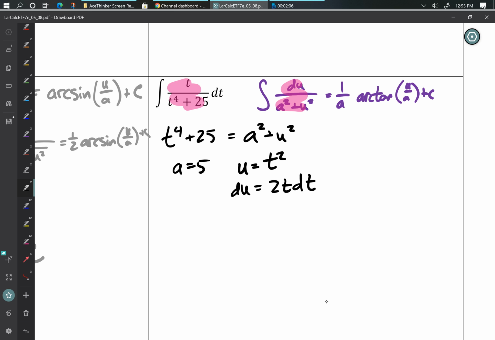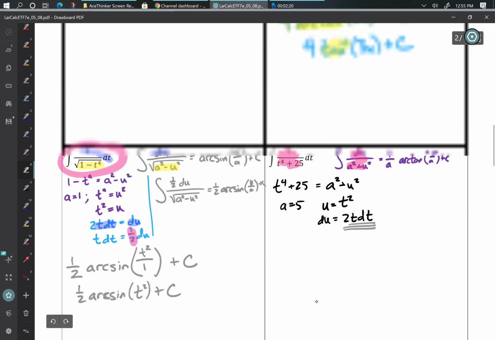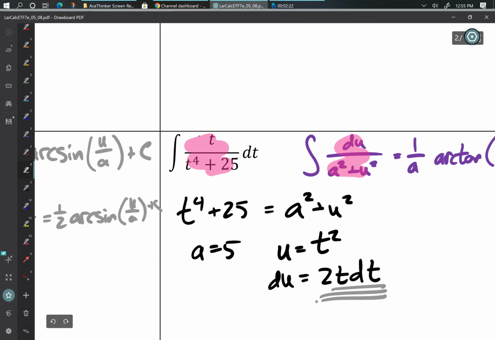All right, I'm going to show you a trick here that we haven't used before. Rather than modifying this to match the integrand, I'm going to modify the integrand to match the du. I'm going to put a 2 here and a 1/2 out in front. Now, the 2 and the 1/2, if you multiply them together, equals 1, so it really didn't change the value of the integral. But now,